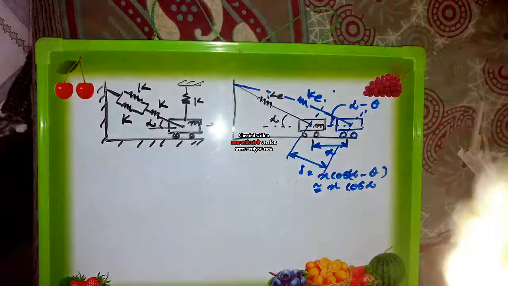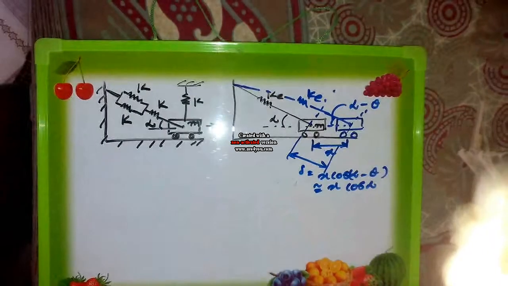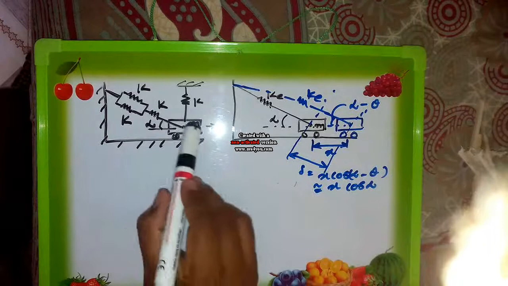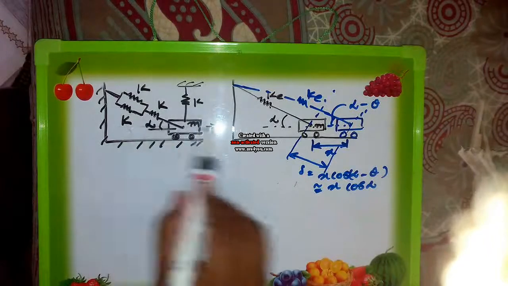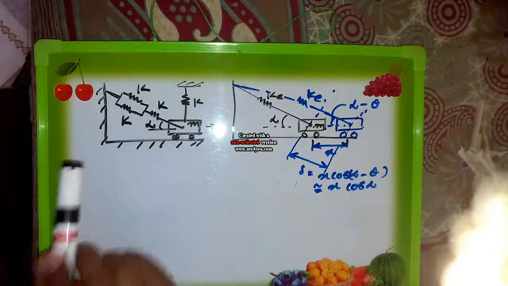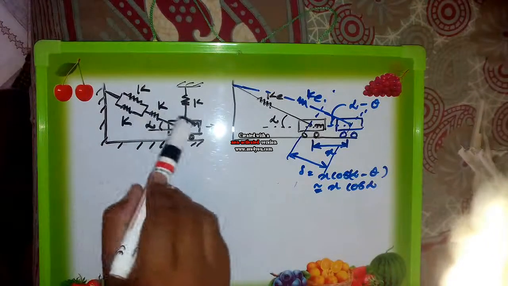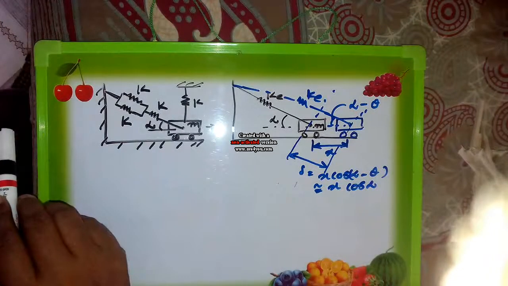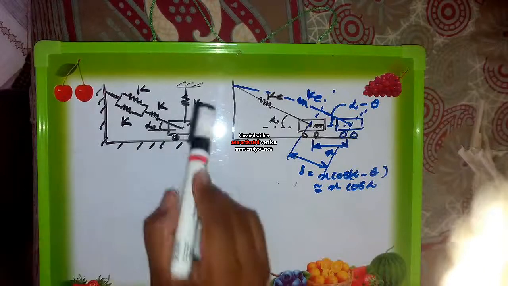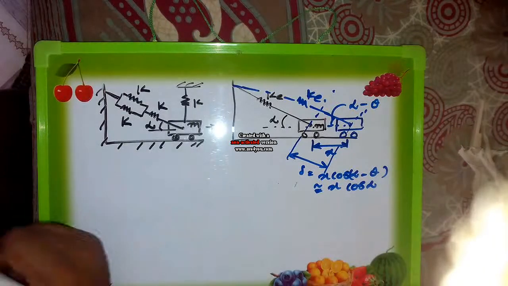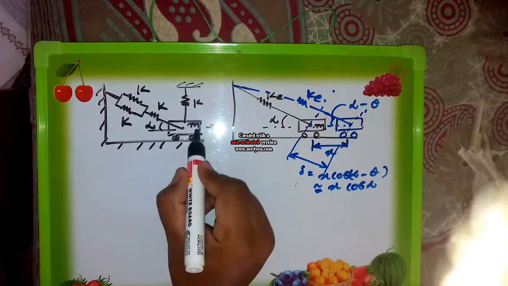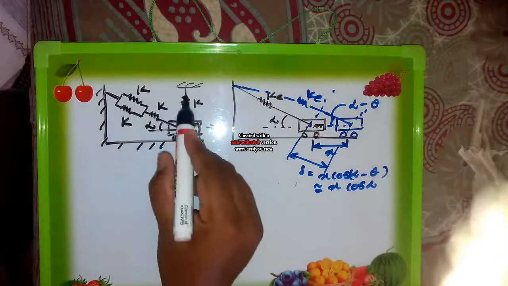Okay, now we go with one more complicated problem. A mass is there which is having linear motion along the x-axis, and it is coupled by the four springs K, K and K. All these springs are along one angle with the angle alpha, and one is perfectly vertical. Now see, displacement of mass is horizontal and this spring is perfectly vertical.